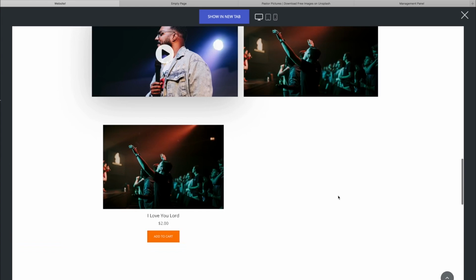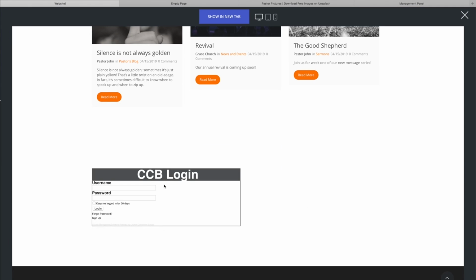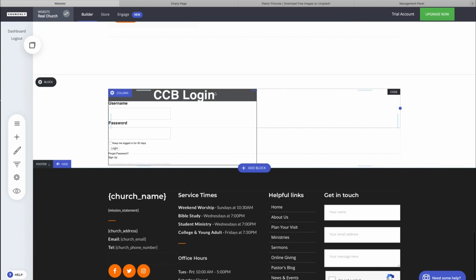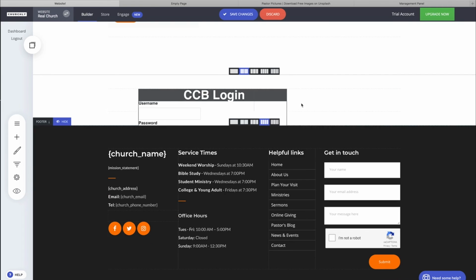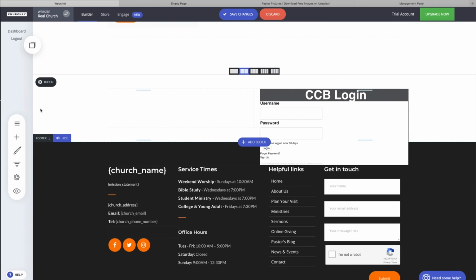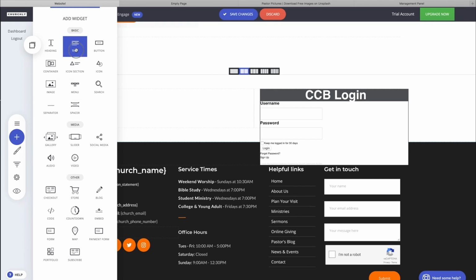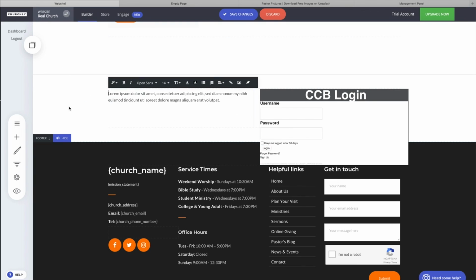Let's scroll down. And here you go. Here is your Church Community Builder login window for username and password. This is the default Church Community Builder styling. I don't love it, but it is what it is. So you can position this anywhere you'd like. You could add, say, a second column. You could move this code over to that column. And then you could add something over here that talked about how cool Church Community Builder is and why you